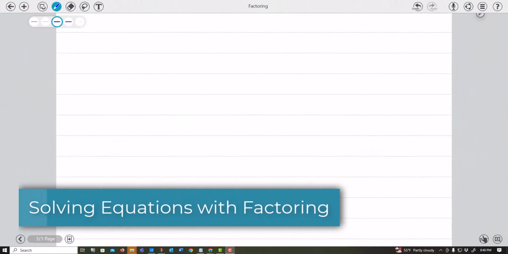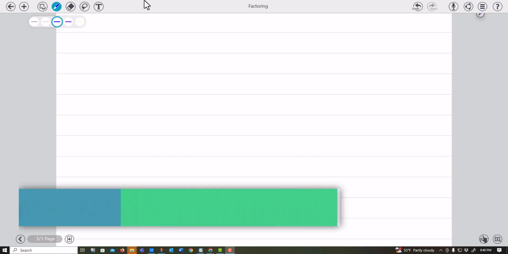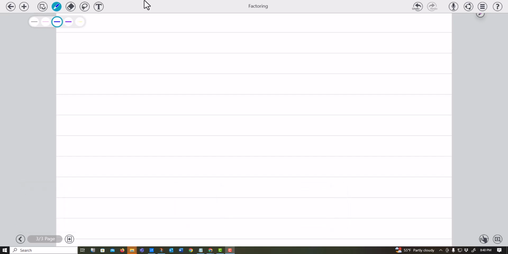All right, just went through factoring, and now we're going to actually see how to solve equations. Remember, an equation will have an equal sign when we have some factors. So (x minus 9)(x plus 7) equals 0. For this to be 0, either this piece has to equal 0, because then 0 times that would be 0, or this piece has to be 0. And so what I do is I simply set both of these equal to 0,